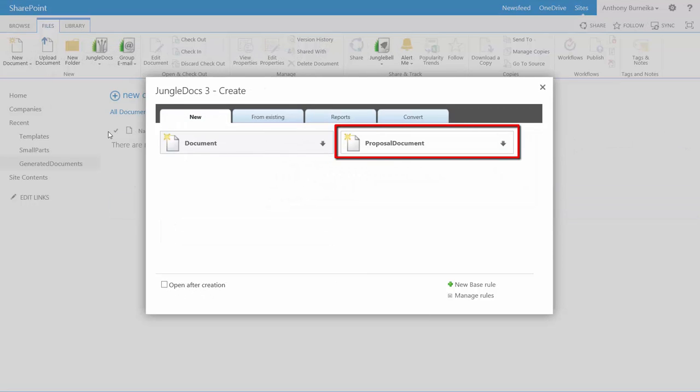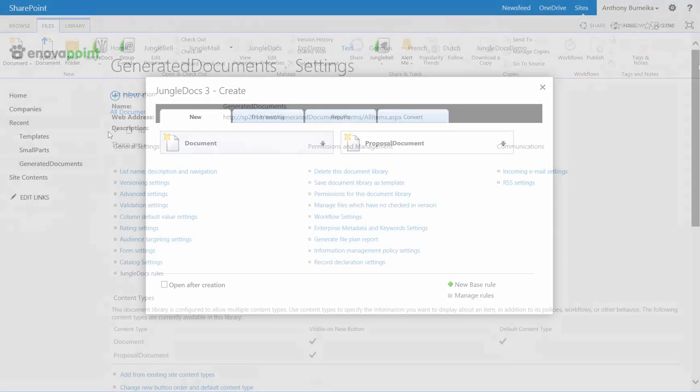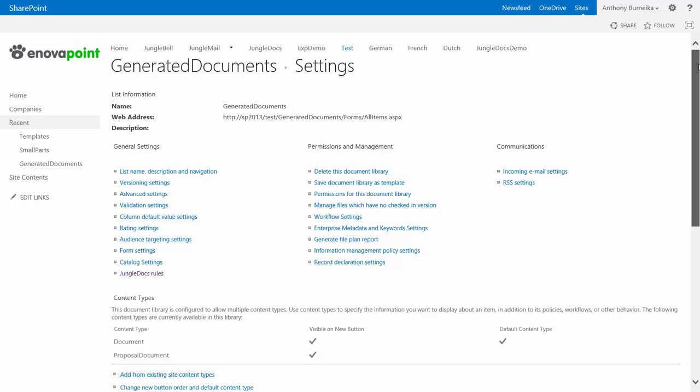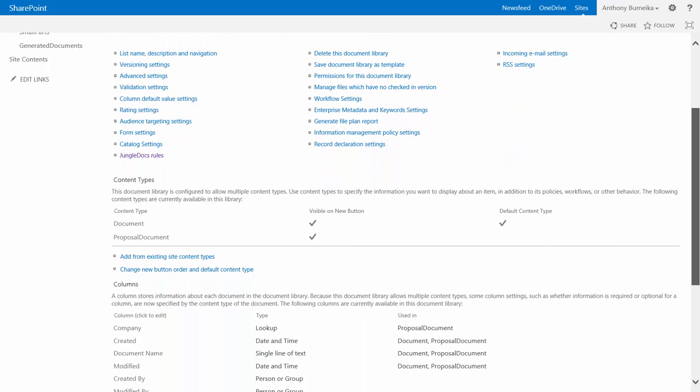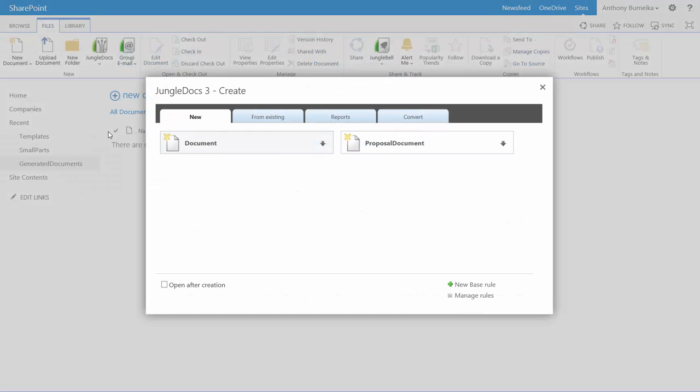I will be using a base rule to create a proposal for my customer. You can find base rules in the New tab of JungleDocs. My proposals library has a lookup column to a company's list, and that's where we will be getting the data for our proposals from. First of all, we need to configure the JungleDocs rule, so run JungleDocs from the ribbon